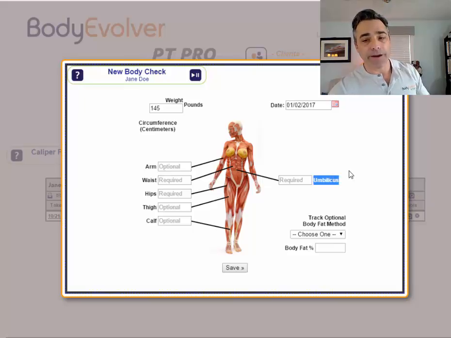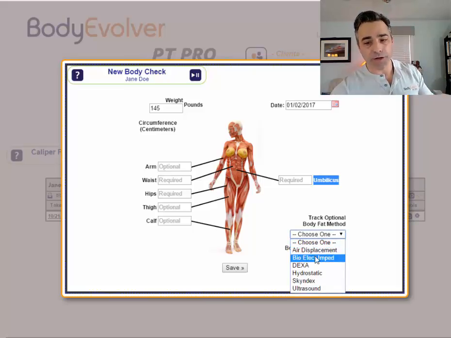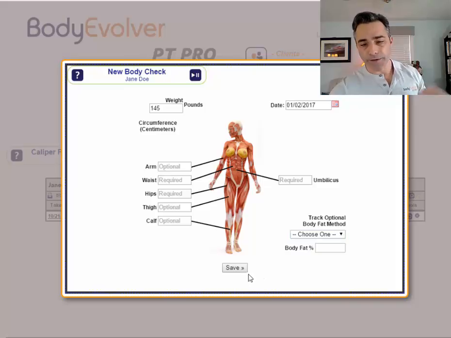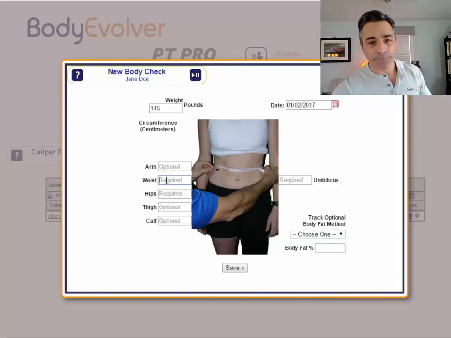And from there, we'll get a prediction on the percent body fat based off the umbilicus. And then from there, you would go in and choose whatever other method you want to use. If you're doing bioelectrical impedance, you can click that and then put in the percent, hit save, and it'll save. So let's just say we've got Jane's